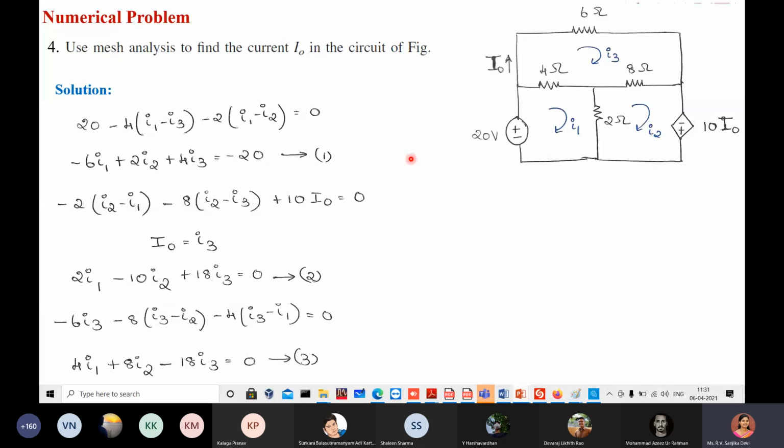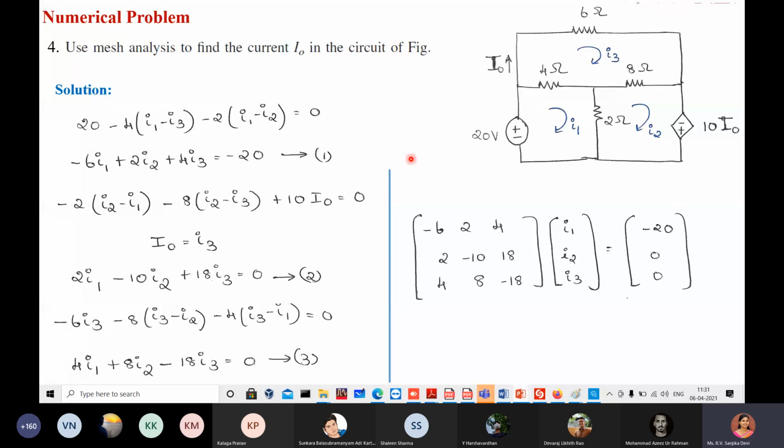Okay, so now we have to find what is I1, I2, I3. Directly you can use your calculator, okay? Though I have used the Cramer's rule approach, you can use the calculator directly to solve it. So I hope everyone knows the method, right? Here I have shown it using the Cramer's rule, but it is not required. You can directly solve without this also. So I3 will be minus 5 ampere, and here in the question they are asking you to find the current I naught. So I naught is minus 5 amps.